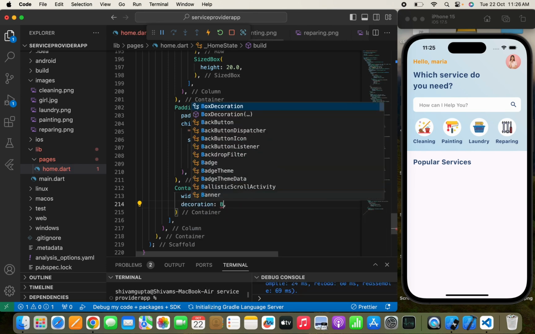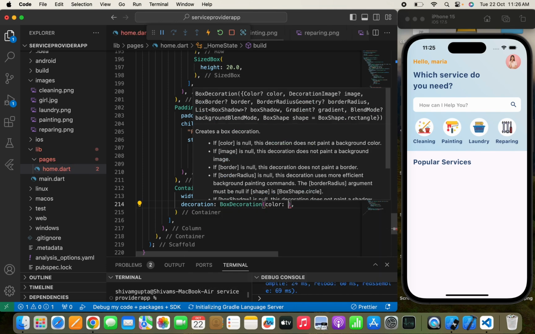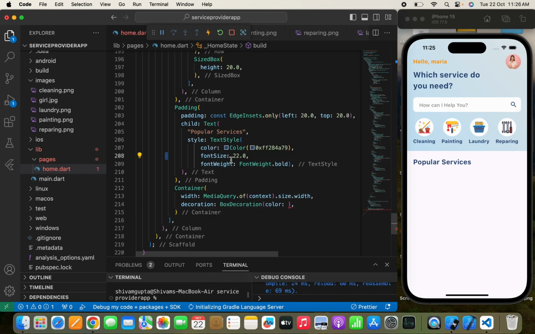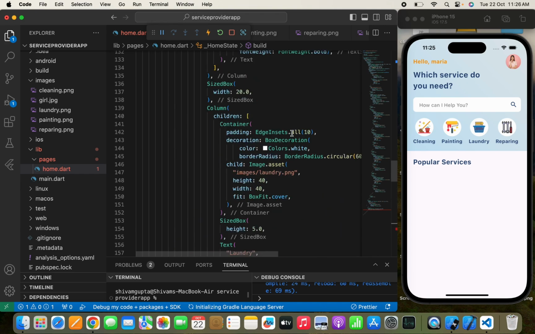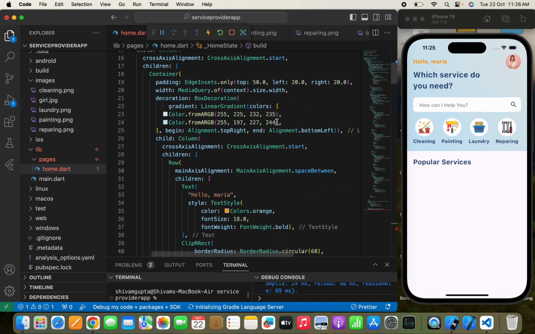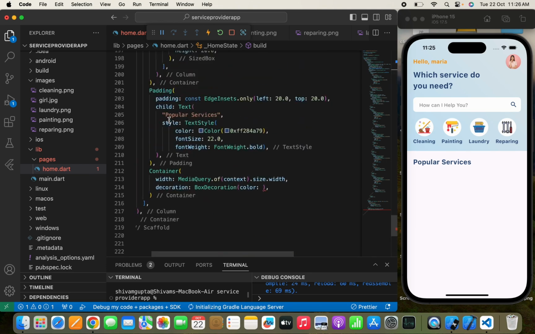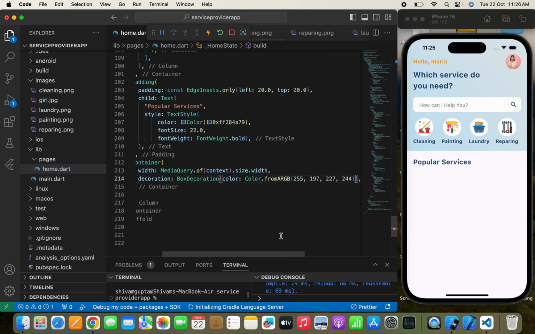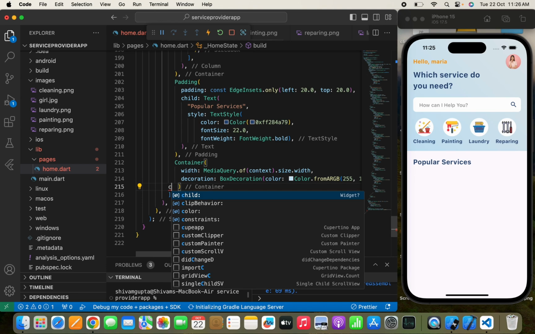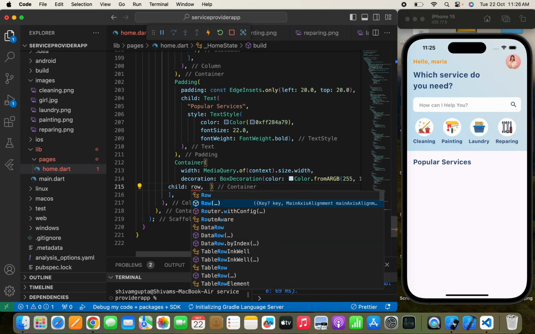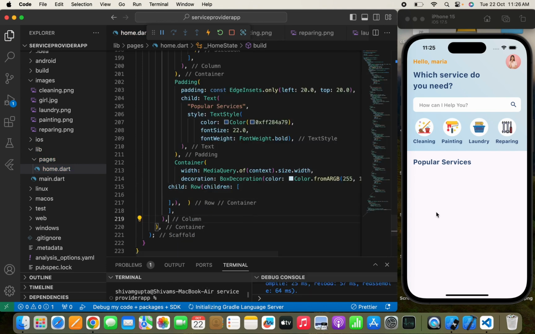Now a decoration, a box decoration, and here we need to pass a customized color code to this container. So I'm going to use the color that we have just passed above. So I'll copy this color code and will paste it over here, something like this. Now after this, in this container I need to simply pass a child, a row, and the children. I have used a row because in this container first I am going to show the service provider picture, his ratings, then a service he is providing, and the name, hourly charge, and a book service button. So these are the